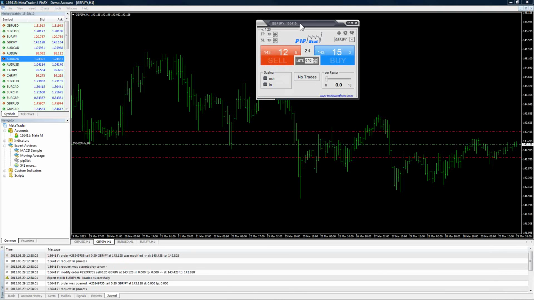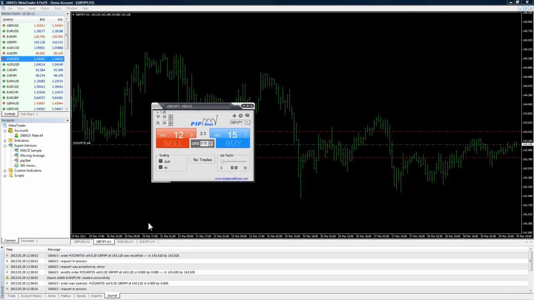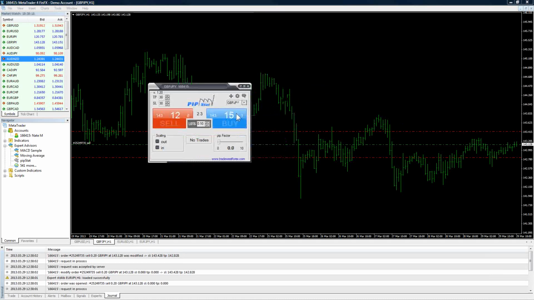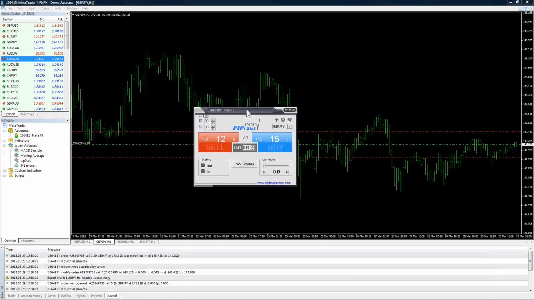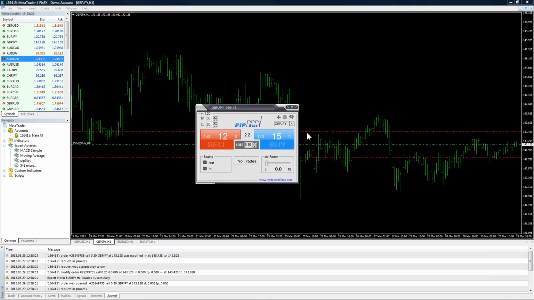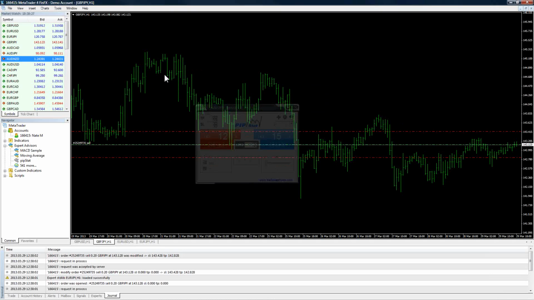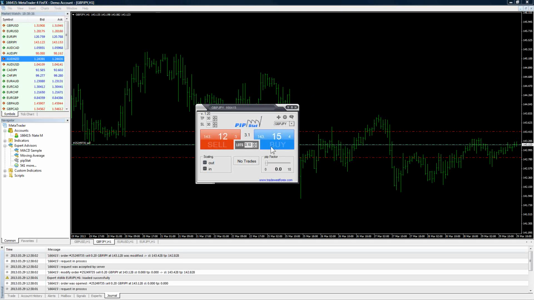Instant execution. It happens within 15 to 16 milliseconds. One of the nice things I like about this tool is you can have 10 to 20 of them, and it really doesn't slow down your system. So you can have these all across your screen. You can have them in the background. You can have small windows. Every chart that you've got open, you can have one of these associated with it with the given symbol. Okay.